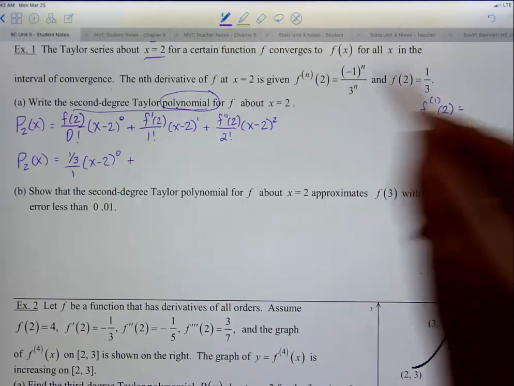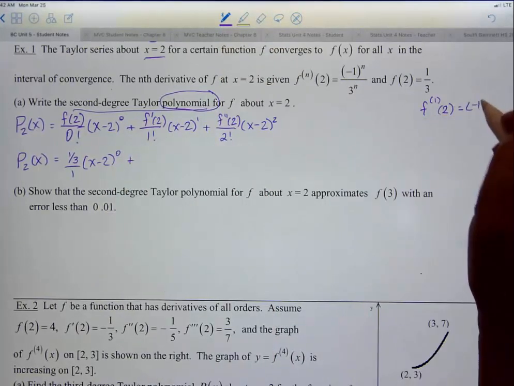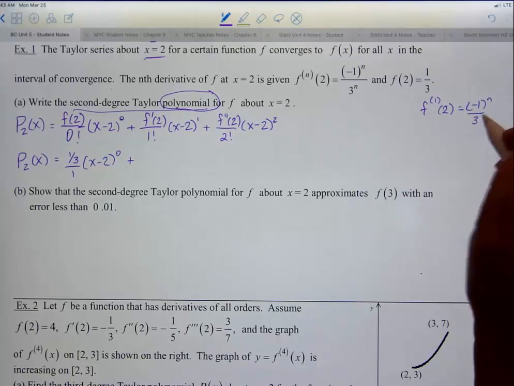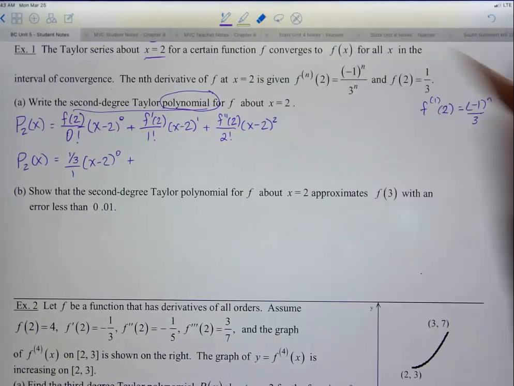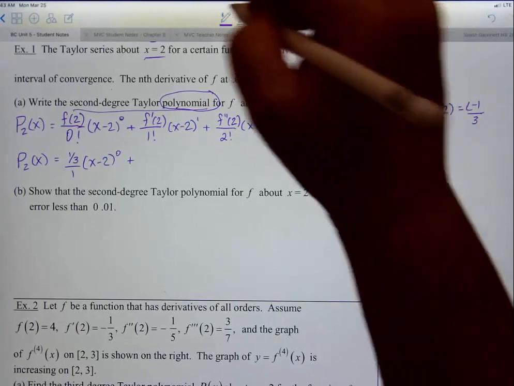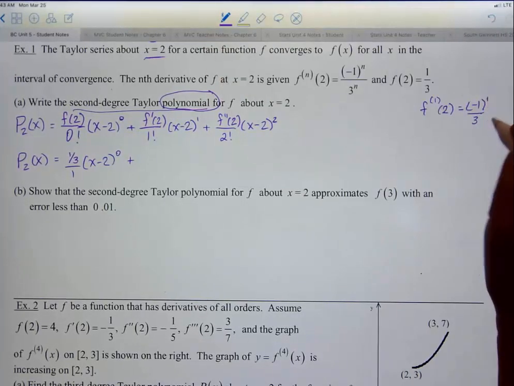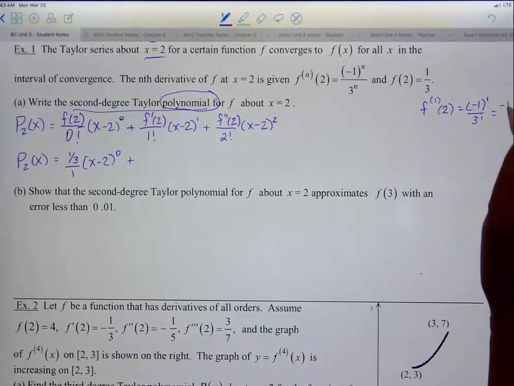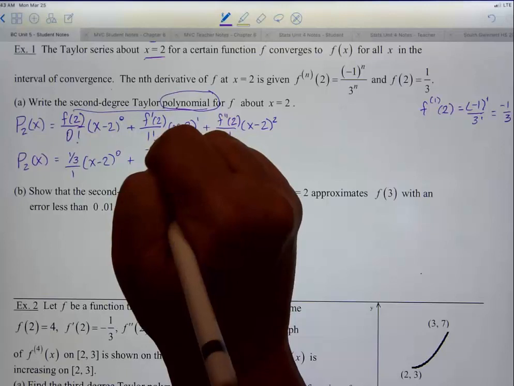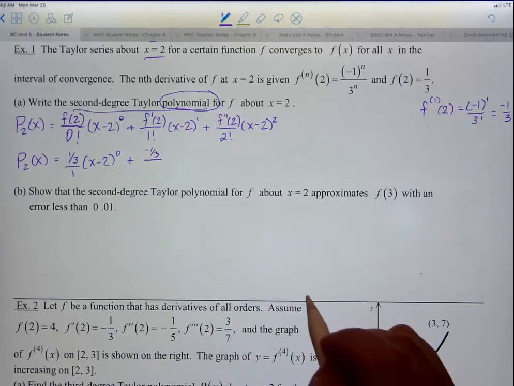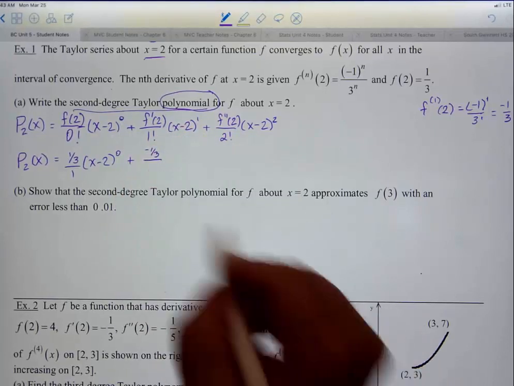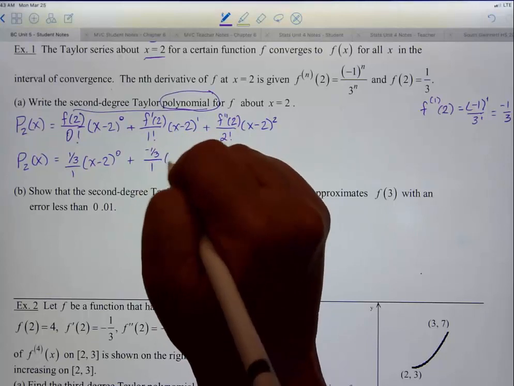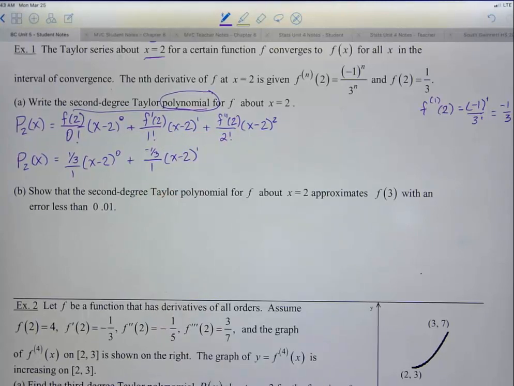Okay, now start plugging in 1s for everything else. (-1) to the n, 3, oops, not n. I just told you to plug in, and I didn't do it myself. (-1) to the first, 3 to the first. Clean it up. What do you get? -1/3. So that's my f prime. That goes on top of the fraction. What is 1 factorial again? 1 times (x minus 2) to the first, plus